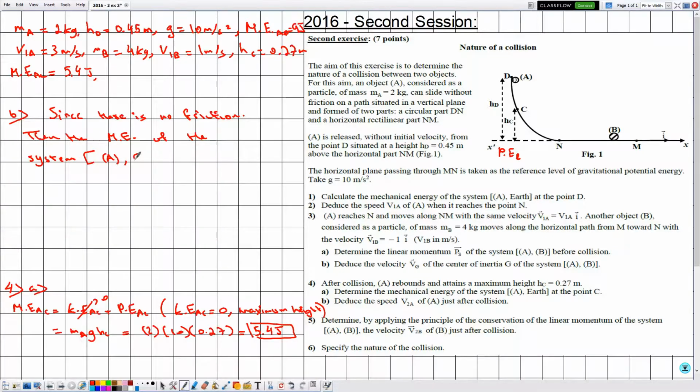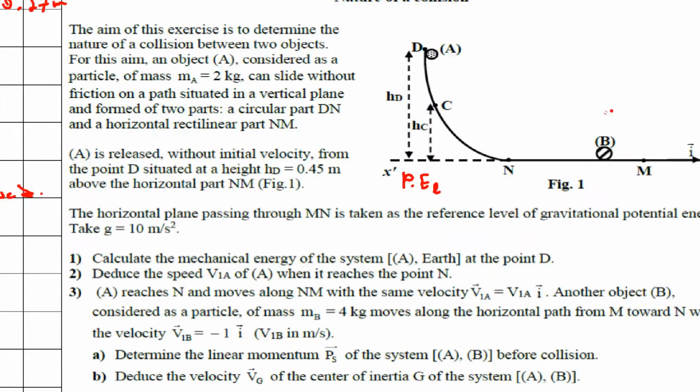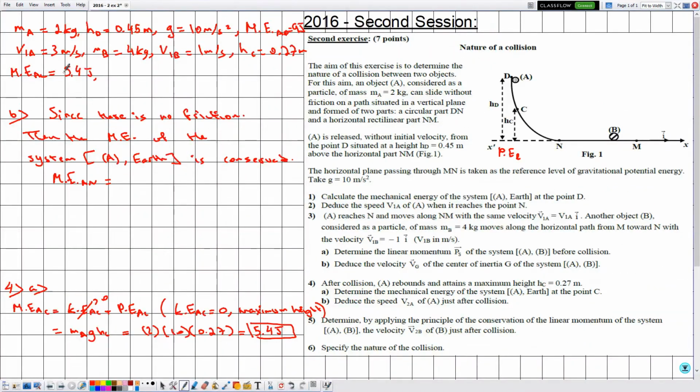A Earth is conserved. So here we are talking about the mechanical energy of A Earth. Then the mechanical energy of A at the point C is equal to a constant, the mechanical energy of A at the point N is equal to the mechanical energy of A at the point C that we have predetermined, and it's given by 5.4